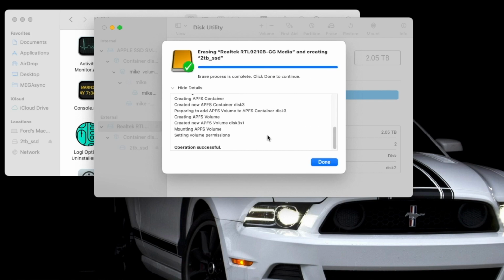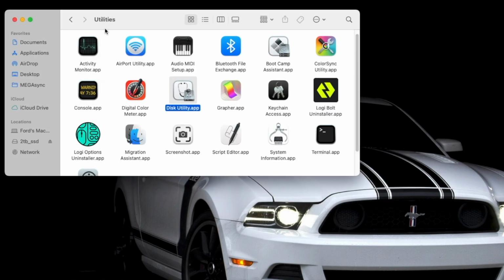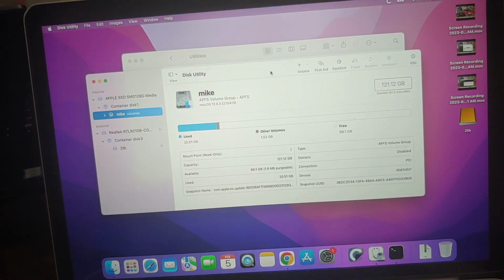Alright, so as you can see, we are now getting the message that erase process is complete. Click on done to continue, and operation here was successful. So we are going to say done, and at this point you can close the disk utility. Now the next thing we need to do is we need to clone this new bigger NVMe SSD to the